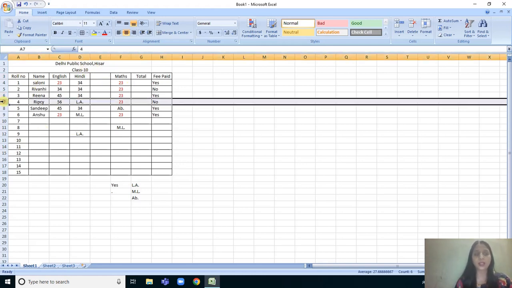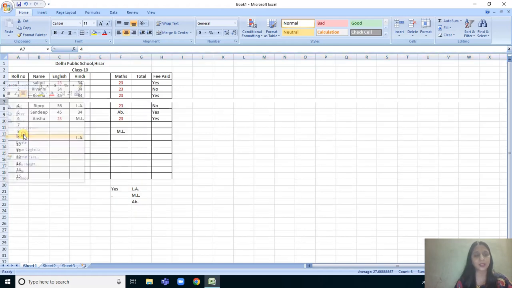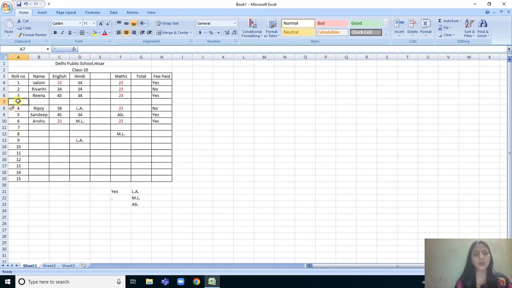Later on, if you realize that one more student is there, who has roll number 4, and you want to shift all the students, just click upon this row, press the right mouse key and then press insert. A row will be inserted. Here you can write the value of that student whom you want to add, and then change the sequence. No need to type it again, just select 2 values, and then with the help of autofill you can change these values again.